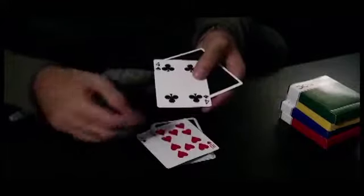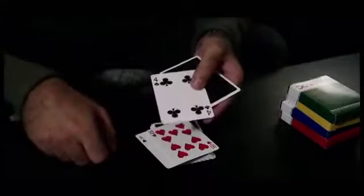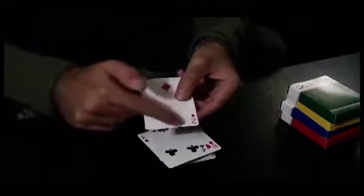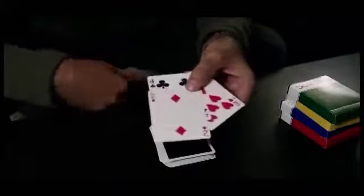Clubs is 3, obviously, because there are 3. I mean, this needs no explanation. This is number 3, obviously, because clubs is 3. And for diamonds, I think that's, oh yes, 4, perfect. 4 makes up the diamonds because there's 4 points. So now that we know that spades is 1, hearts is 2, clubs is 3, diamonds is 4, you can